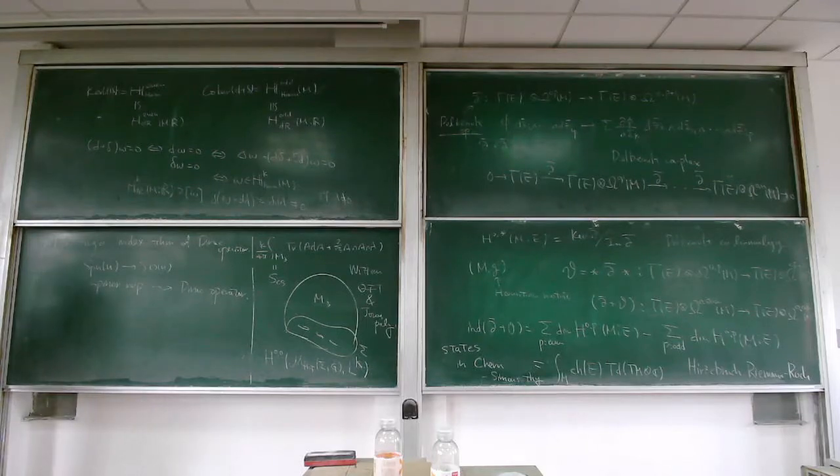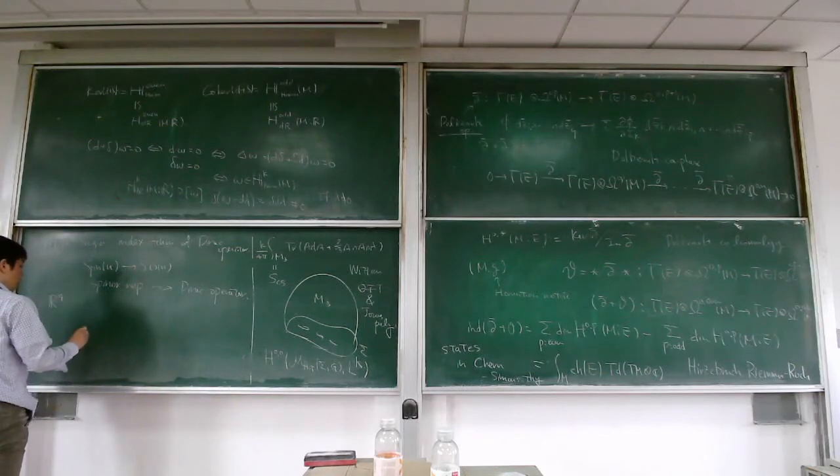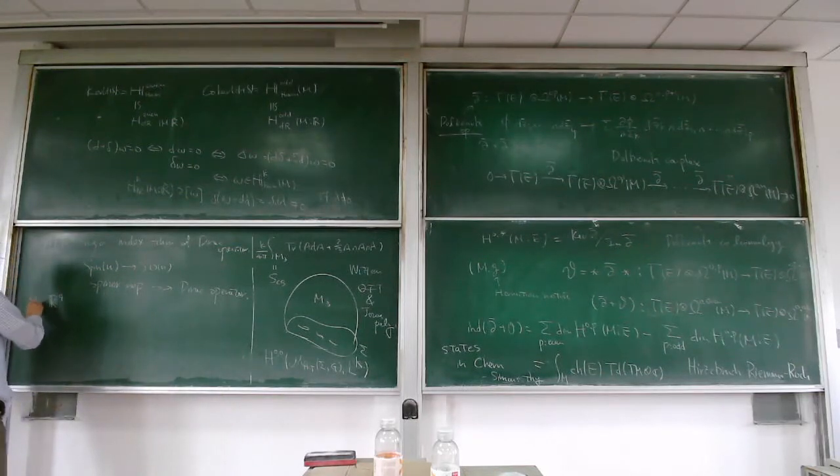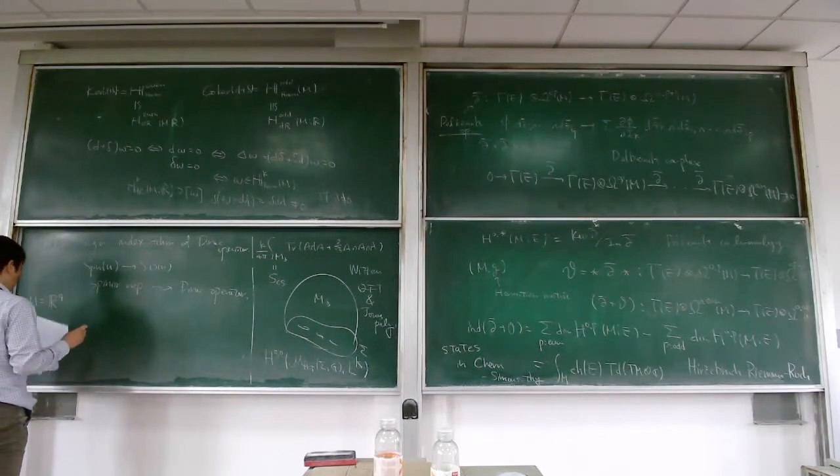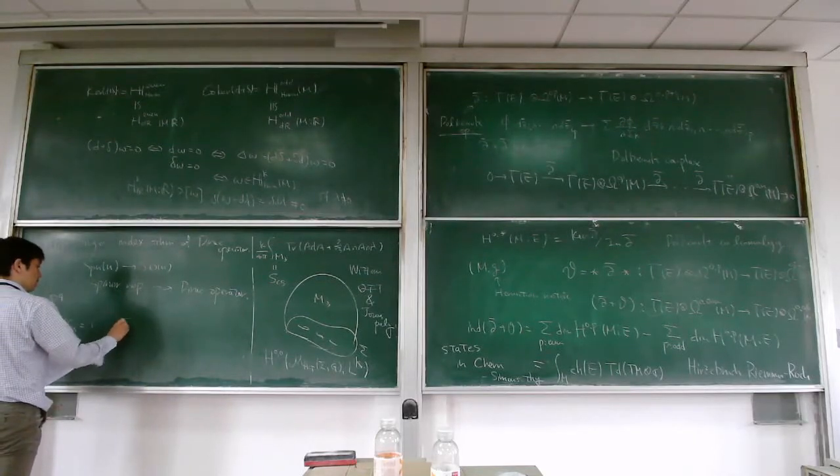But I'll just use the example of R4, with Euclidean signature. So M is R4, or you can define it as the one-point compactification. I use the gamma matrices as follows: 0, sigma mu, sigma bar mu,